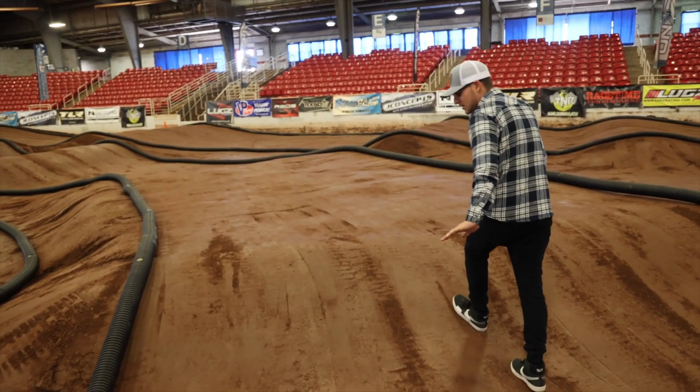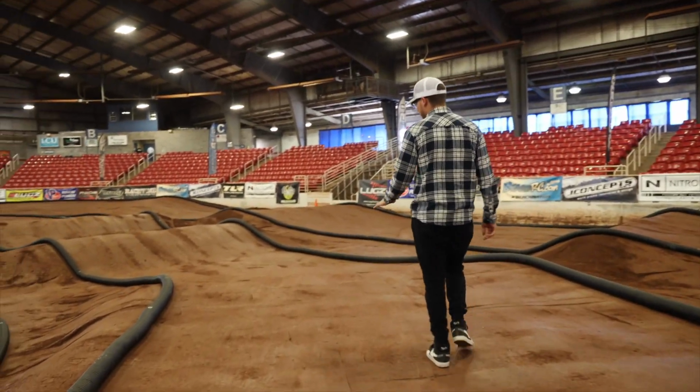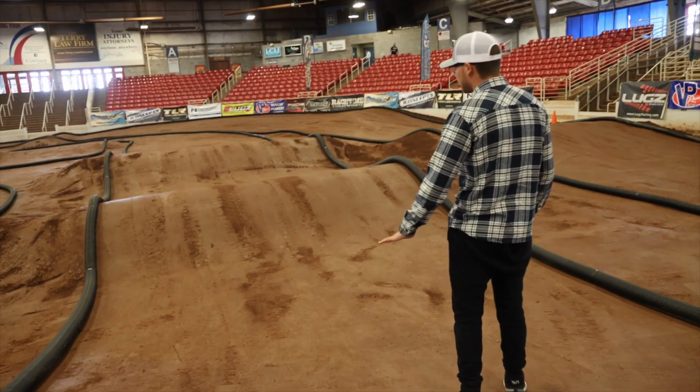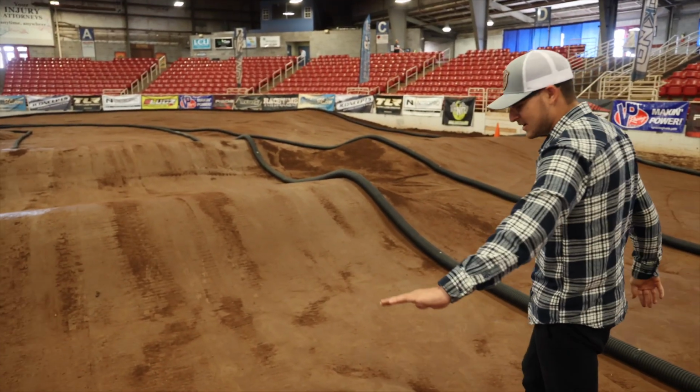So this is going to be a tabletop. I don't think you're going to be able to clear this all the way. I think you're going to land on top here, and then it's going to be a nice transition downhill. And you're gonna wanna bleed out wide just because I can tell from the next corner you're gonna be going to a left-hander. So this is gonna be a